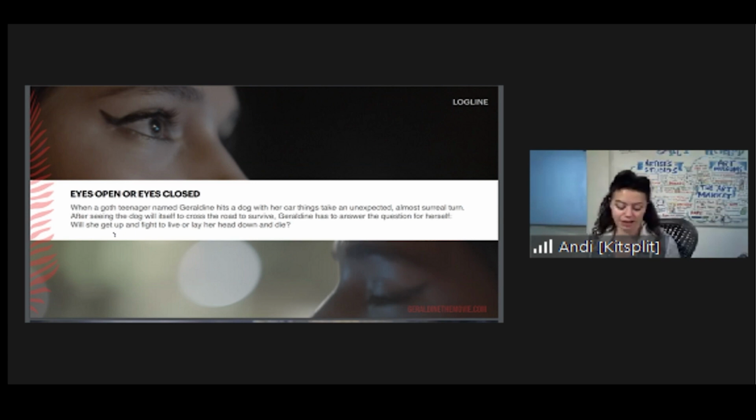And I think one of the things that's particularly difficult here is, when you look up a formula for a logline, it's like when the protagonist does this thing and the antagonist, then they have to blank blank insert the stakes before everything is terrible. But your protagonist and your antagonist here are kind of the same person, right? So I think it does make it harder to come up with a compelling logline, but